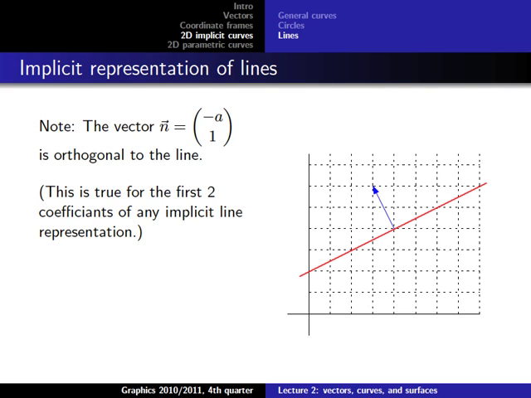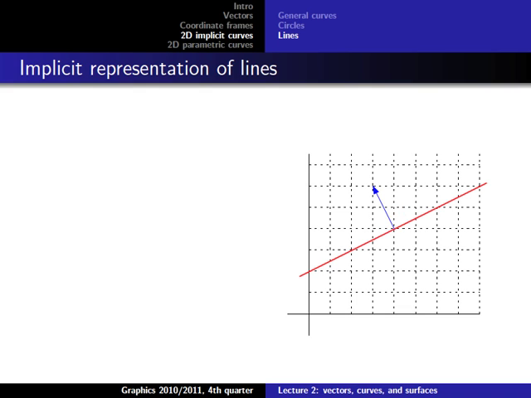And this is no coincidence, because it is actually true for the first two coefficients of any implicit line representation that this is a vector perpendicular to the line. These kinds of vectors are very important, which is why they have a special name. They are called normal vectors. Now, when I claim this, of course I also have to prove it. So the proof of this is